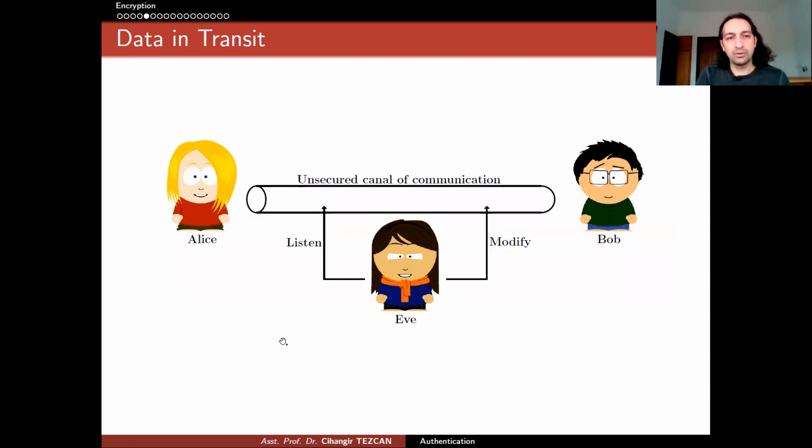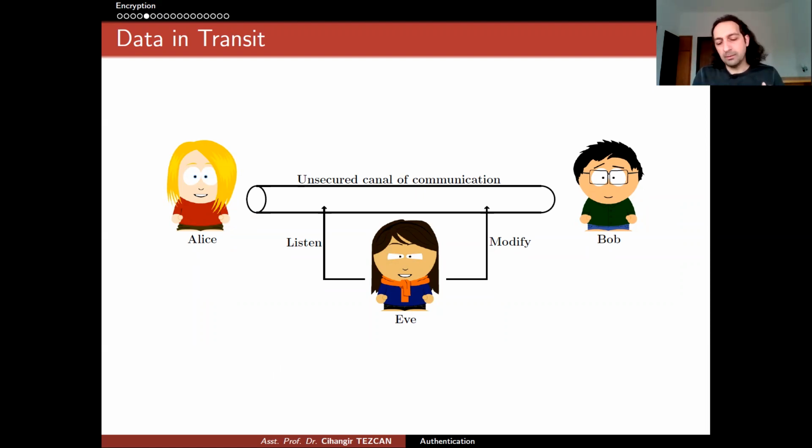So let's focus on data in transit. This is actually what we think about throughout all of our lectures and all our daily lives, because two people are communicating, and we assume that the communication channel is insecure. So this can be a wired communication, where you connect to the internet via an Ethernet cable, or maybe you are using Wi-Fi, in which case it is wireless. But most of the time nowadays we are using wireless communication, even for GSM and for the internet and so on.